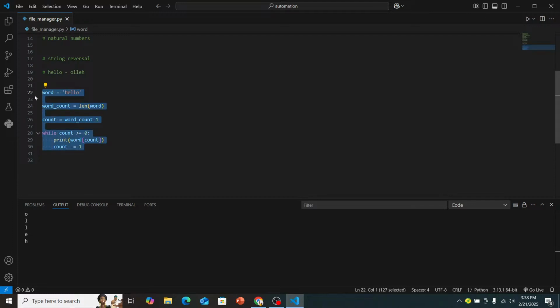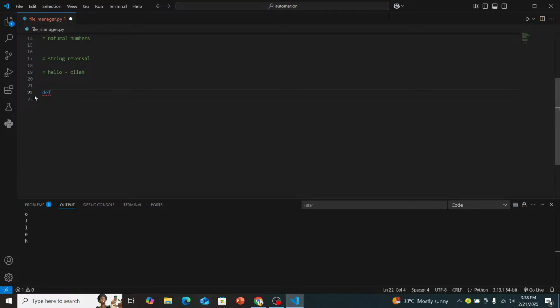So if we want to use recursion to achieve the same thing, we can have def. Here we're going to have as our input the string that we want to reverse. So let's call it name. If len(name) is equal to 0, that is what we want to achieve, so we return name. But if it is not like this, and the last character has the index of -1, so we can say